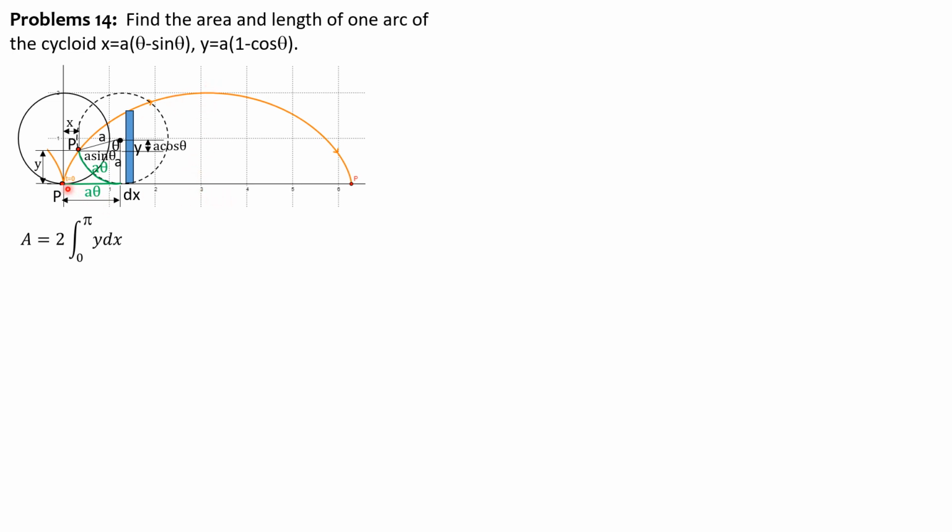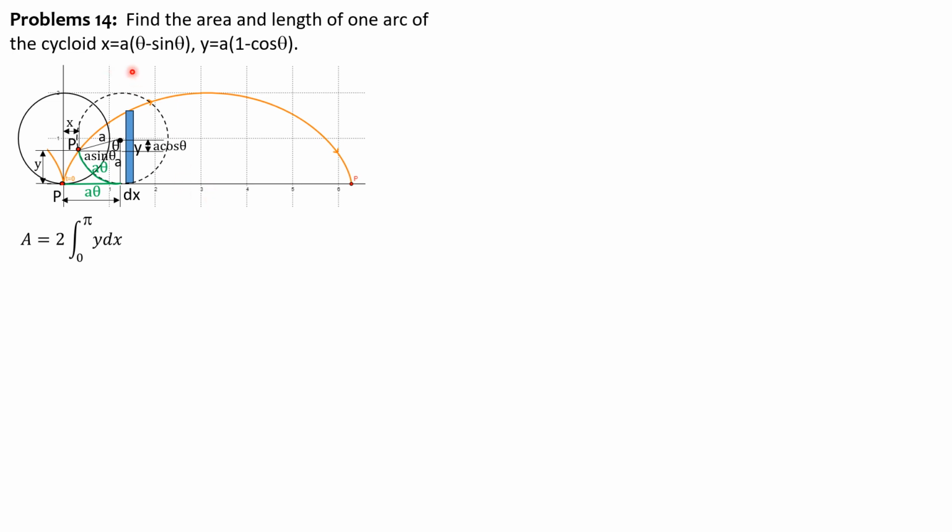And so the limit should be from 0 to pi, because after the circle rolls along a straight line, after 1/2 of a revolution, this is pi a, the radius of the rolling circle is a, and the height here at the center is 2a, represented by this when theta is pi. 1 minus cosine of pi is 1 minus negative 1, so 2a, y is 2a.